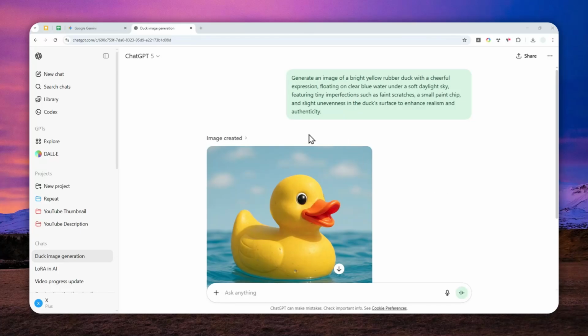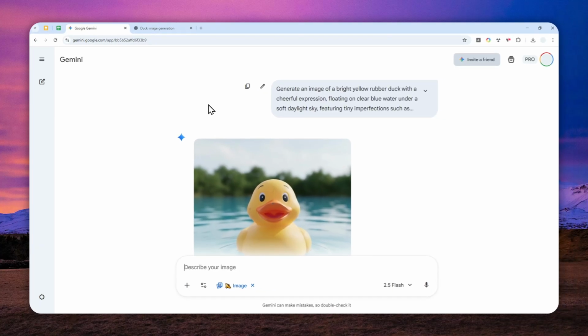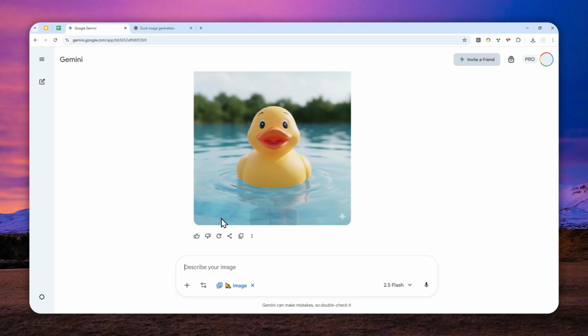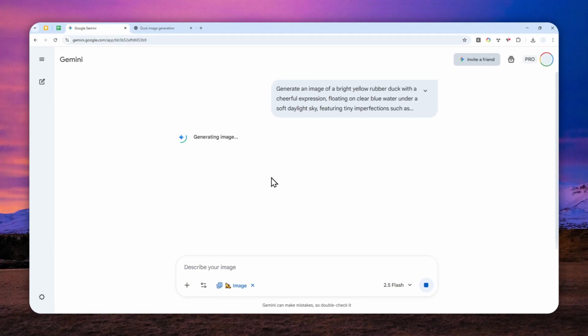Well, there is one tiny feature in Gemini AI that I really like, and unfortunately this feature is not yet available on ChatGPT, at least when I'm recording this video. And that feature is the ability to just redo the image generation. So if I don't like this picture, I can click this redo button and AI in Gemini will recreate the